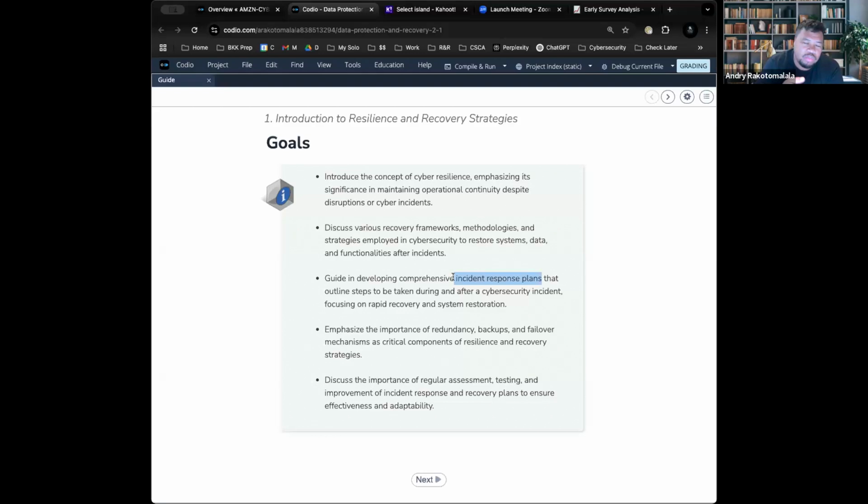The other half of the battle is making sure the company buys into it and that employees know about it so they know what to do. That's one of the most important pieces of cybersecurity right there. Then we'll talk about some redundancy, backups. We'll talk about RAID 0 through. I sent you all some information about that as well as some videos. And then we'll talk about some assessment and training.